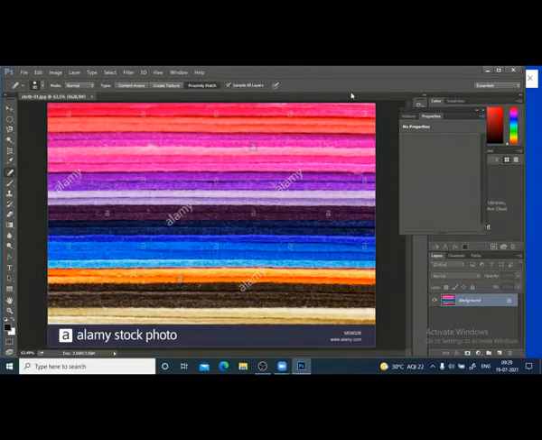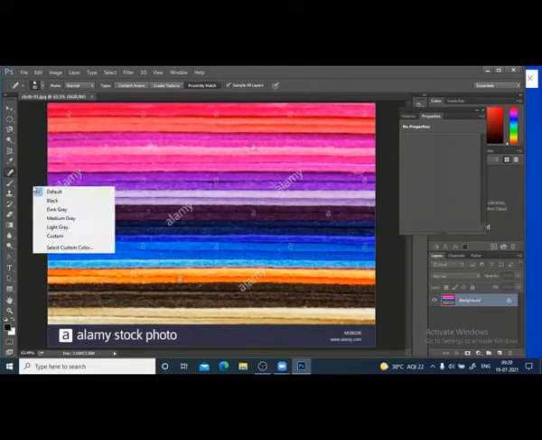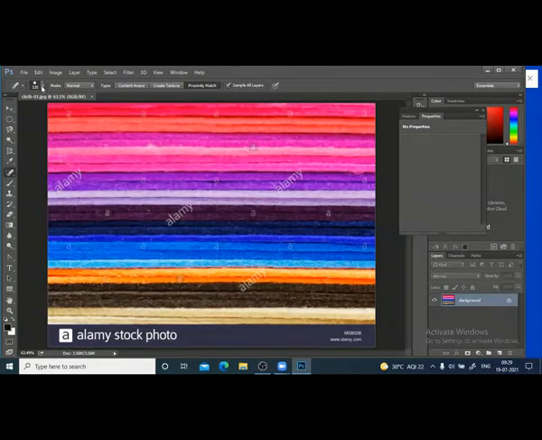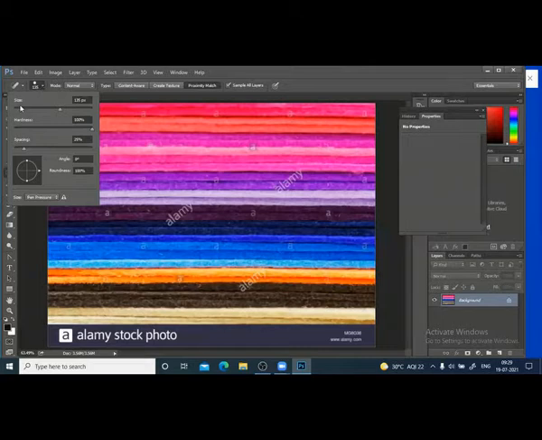The healing tool is going to help us heal some points. When you see the size of the brush, you can right click and increase or decrease the size of the brush. That is one method. And you can also adjust the size of the brush from here, in the Size field.